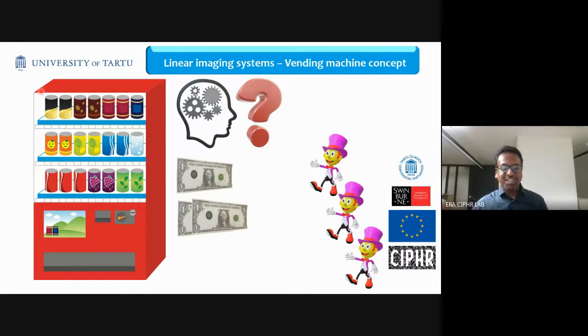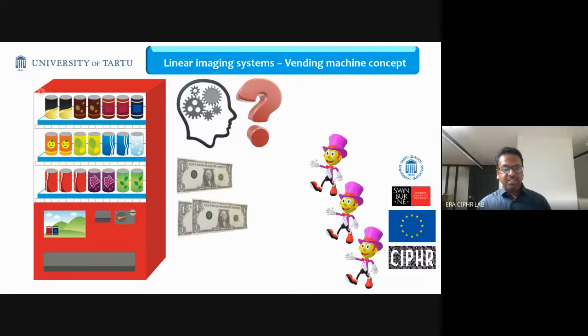You can get almost anything from a vending machine. Now let us assume that you have a vending machine, but you don't know what the vending machine will give you. We will make an assumption that money is made up of a fundamental building block, which is $1. So everything has to be in multiples of $1: $1, $2, $3, $100, but not 1.5 or 0.5. Let us make this assumption and try to understand this vending machine.